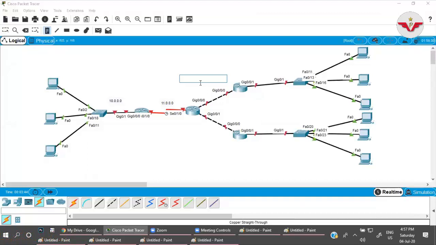Then 192.168.0.0 network here, 192.168.1.0 network here, 192.168.2.0 network here, and sorry, 192.168.3.0 network here.